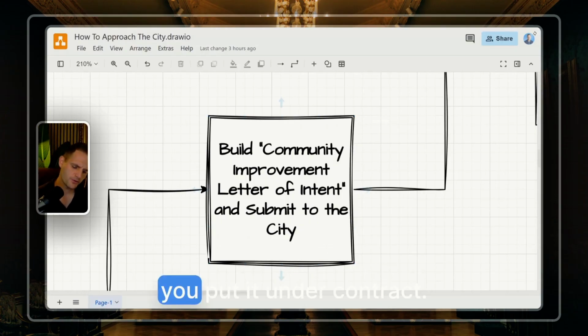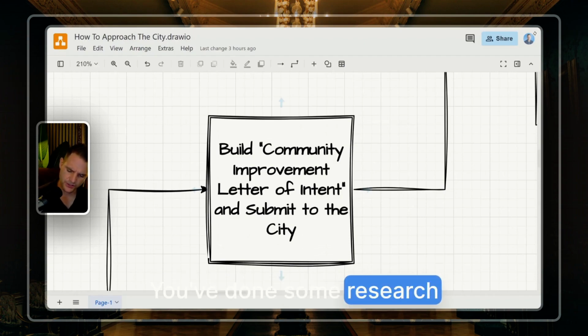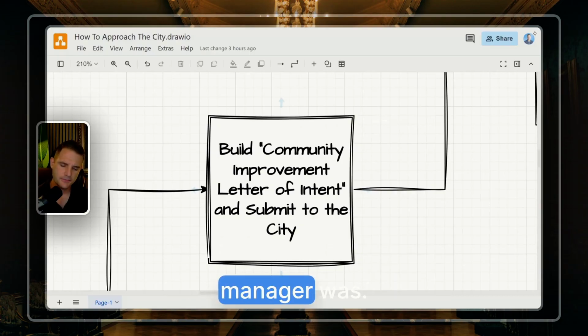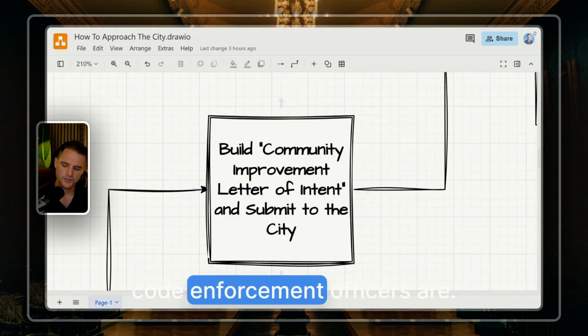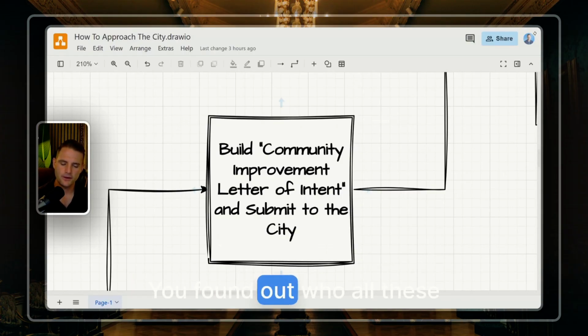So you put it under contract, you've done some research online, you built some friendships, you found out who the city manager was, you found out who the city mayor is, you found out who the planning and zoning, building, engineering, code enforcement officers are. You found out who all these people are.